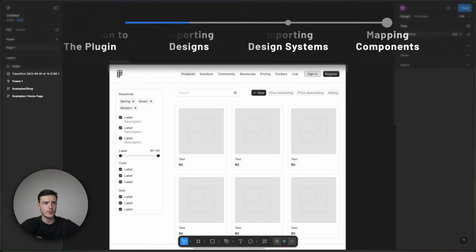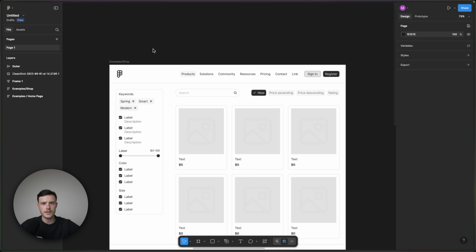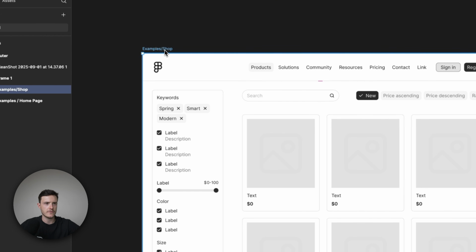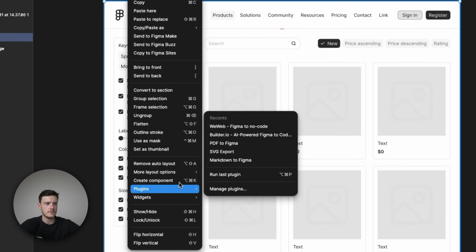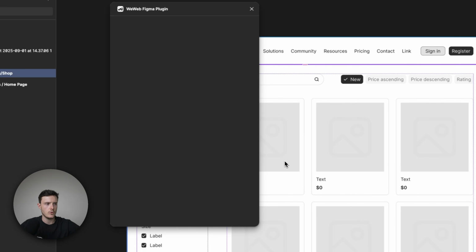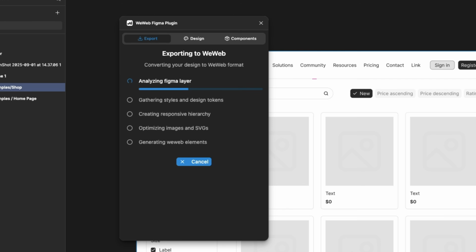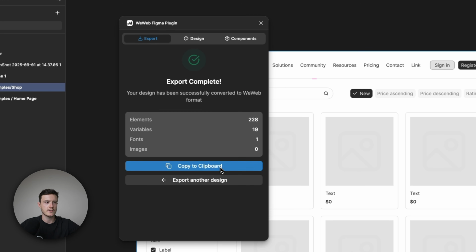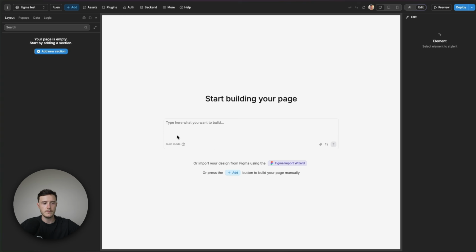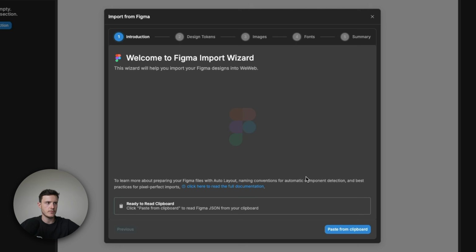Here, I want to import this design into WeWeb, and so what I can do is I can just click on the outer frame, right-click, go to Plugins, WeWeb to Figma, press Export to WeWeb, and then once it's ready, simply press Copy to Clipboard. Now, back in WeWeb, I can open the Figma import wizard, press Paste from Clipboard, and I'll then get taken